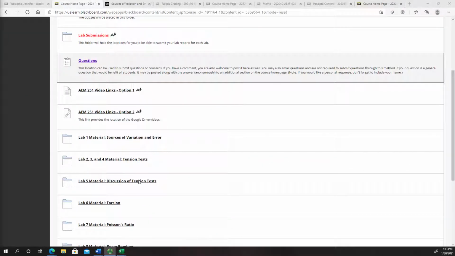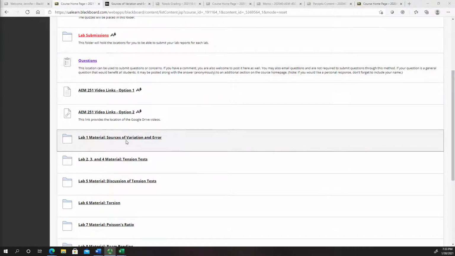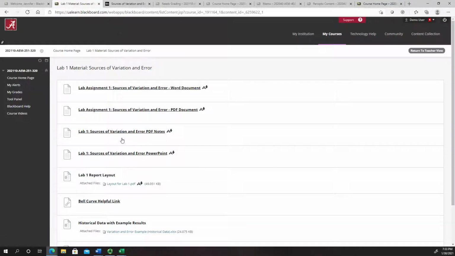So in order to get the lab handout, you can click on the Lab 1 Material Sources of Variation and Error tab. And from here you have a Word document version and a PDF document version. You can get the PDF document version printed out, write on it, scan it back in, and then upload that as your assignment, and then attach your Excel document for any kind of numerical calculation if you'd like, or upload